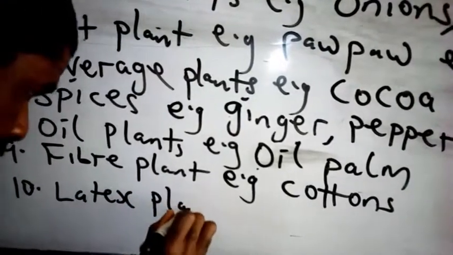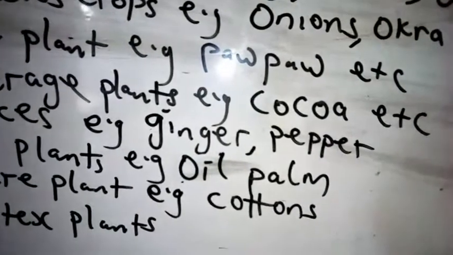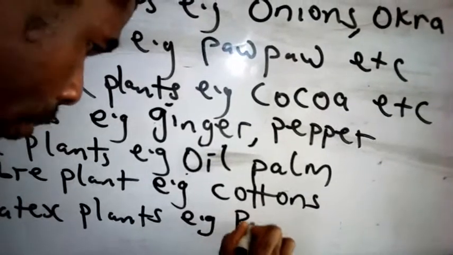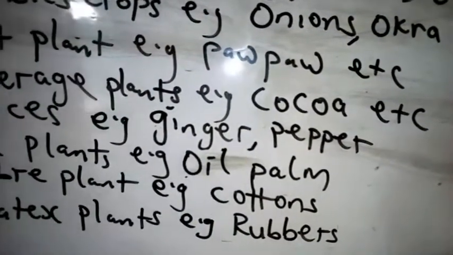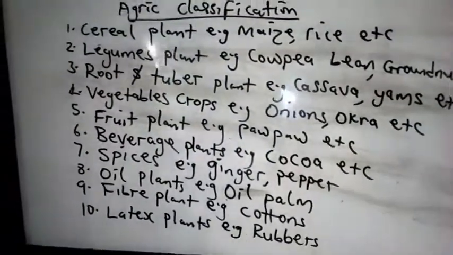Latex plants. Now, examples of latex plants or crops are rubber. You can see that when you have rubber, the end product of that rubber can produce a lot of materials